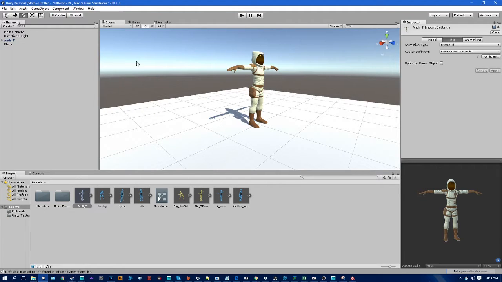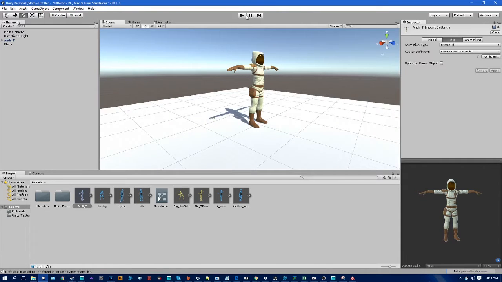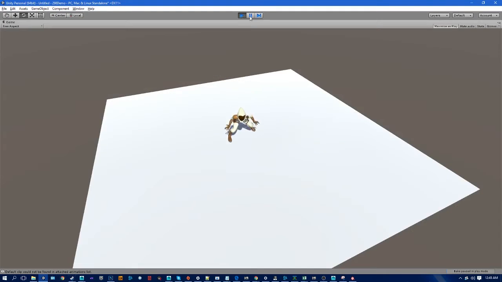So I've got two animations linked up, and they're not the best combo of animations, and I'm going to show you how to recreate this. But I've got the thriller animation, and then I've got a bat swing, and I've set it up so that when I hit play, it'll maximize. So I'm going to hit play, and now it maximizes my game scene, and I get an overhead view of this animation. It goes through the thriller animation, which is pretty long,